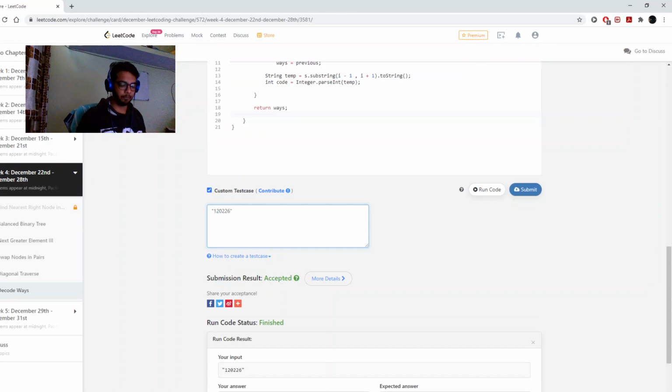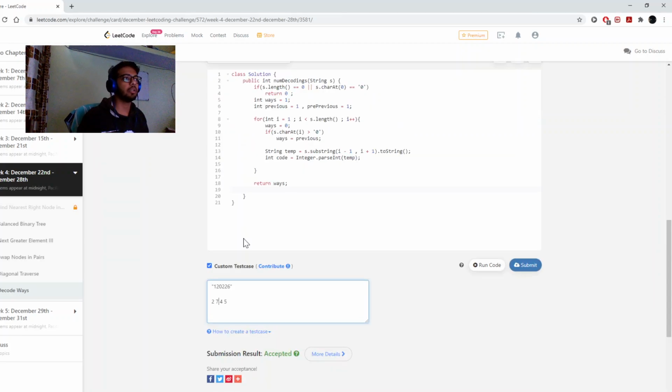For example, if I had anything else like 1 2 3 4 and 5, none of them can be combined because they are greater than 26. Only 12 can be combined. So let's do something such that even that can't. Let's start this with 2 and 4. Now none of them can be combined. There's only one way, and that way is taking all those numbers separately. No, we can't take 24. Now we can't take 24 anymore.